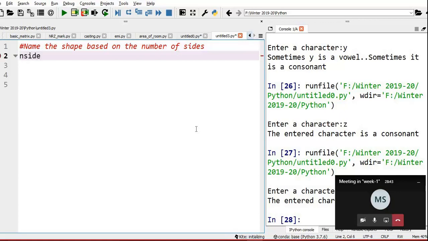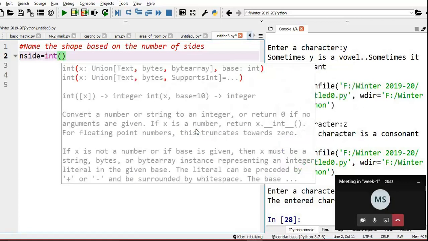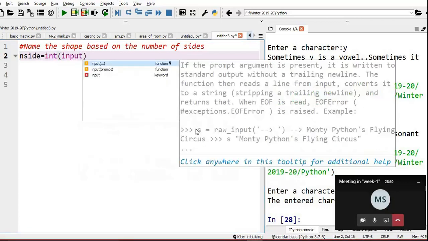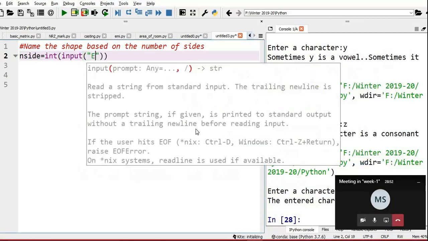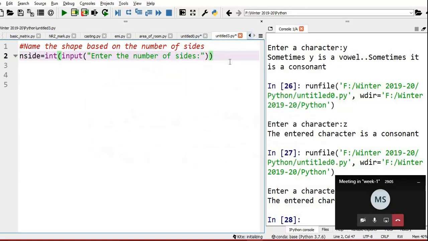Let me call it n side. Some variable, int input, enter the number of sides. Okay, we are done with the input.